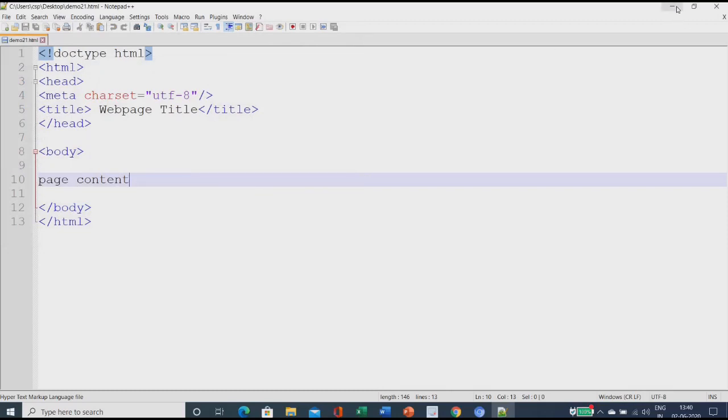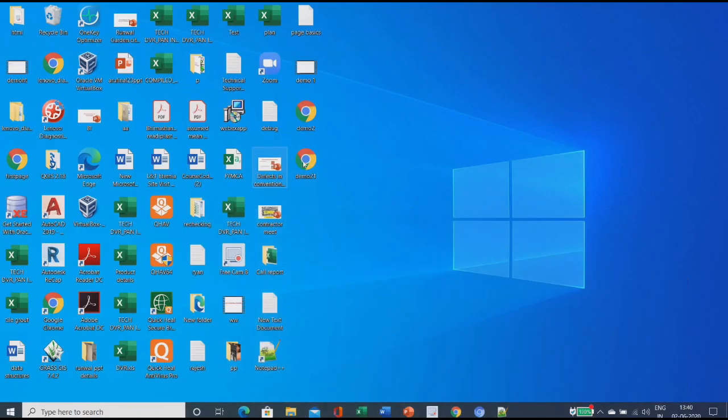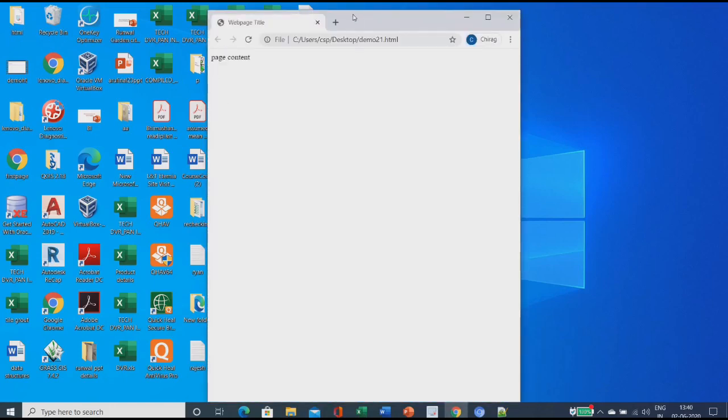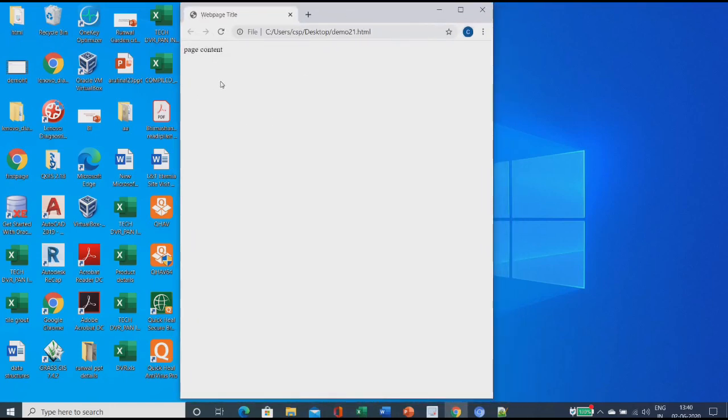Then just go to your saved location. Here you can see the demo21 file. Just open that file. Okay, so this is how your page will look.